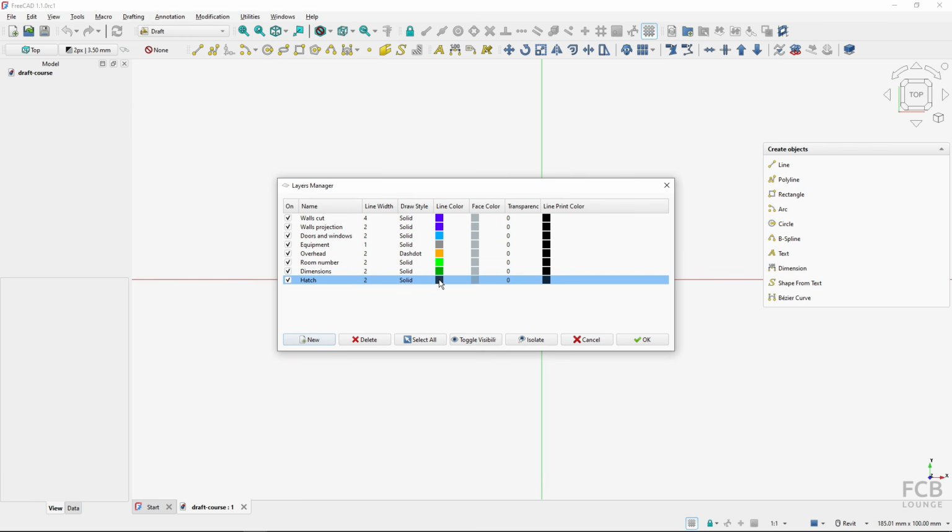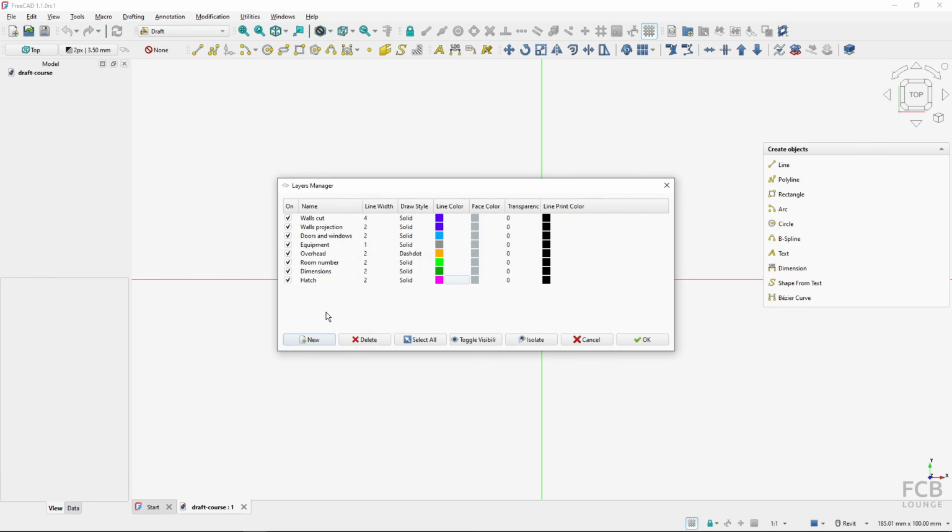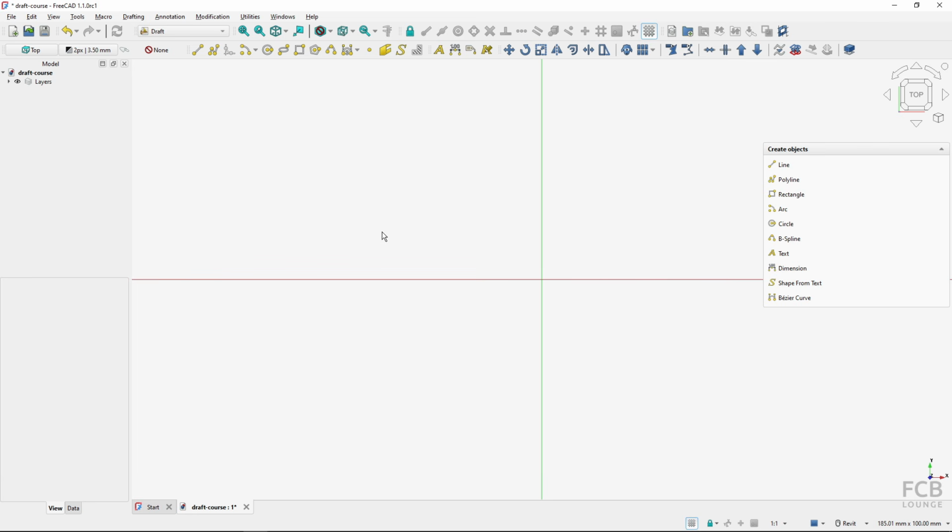So hatch layer, I will make it this magenta color, and I think these are enough layers for our floor plan project. If I forgot to create a layer, I can always create it while working in the project. So now I can hit OK, and you can see that the layers are created in the project tree